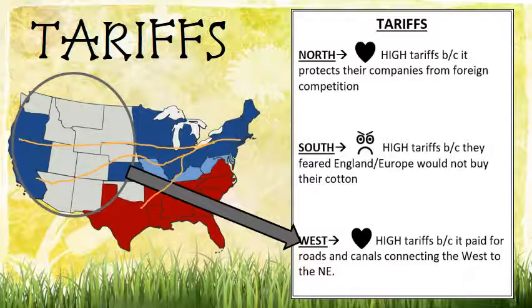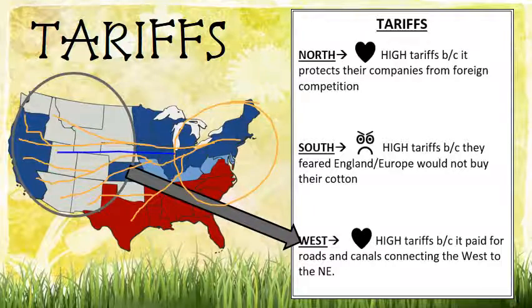You have all these, and then they just start spawning off. And all of a sudden, people can get to the West a lot easier with the canals, and specifically railroads start to just spiderweb across the United States. And the West thought this was fantastic. It was a way to get goods and services and people from this part of the country to the West.